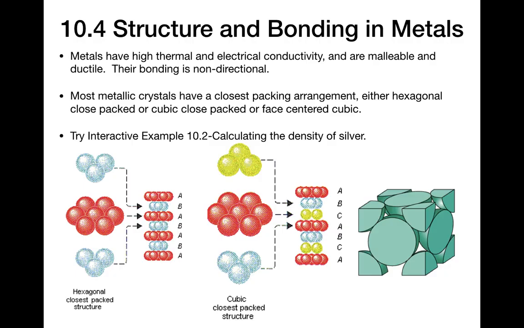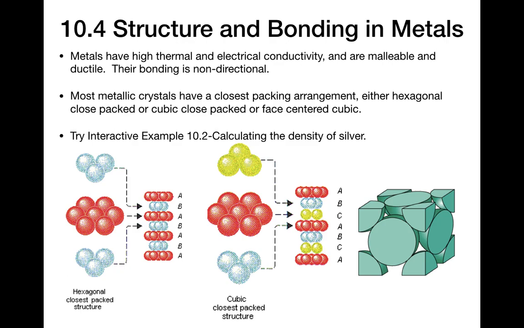So getting into this metallic bonding, metals have high thermal and electrical conductivity. They're malleable and ductile. Their bonding is non-directional. They can bond in all directions, not just up, down, or in a 109.5 degree bond angle or whatever. They can bond to each other in all directions, and so the bonding is nothing like what we would consider covalent